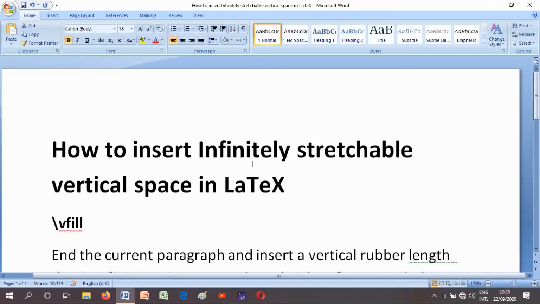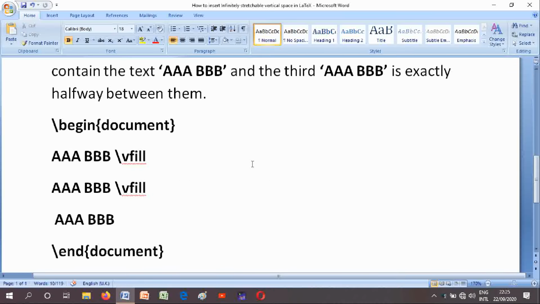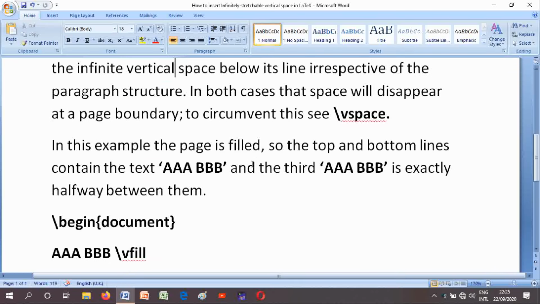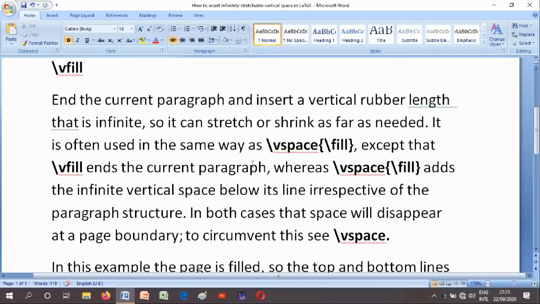How to insert infinitely stretchable vertical space in LaTeX software. \vfill. It ends the current paragraph and inserts a vertical rubber length that is infinite, so it can stretch or shrink as far as needed. It is often used in the same way as \vspace{\fill},